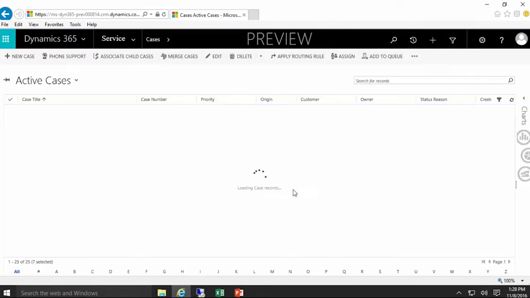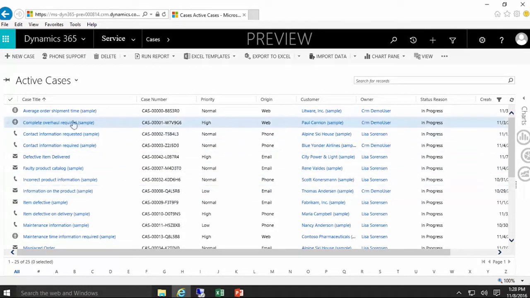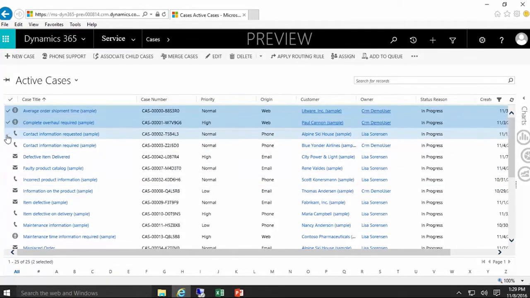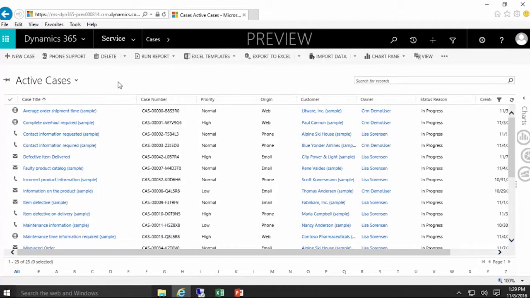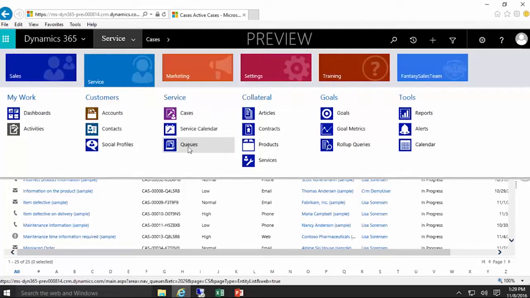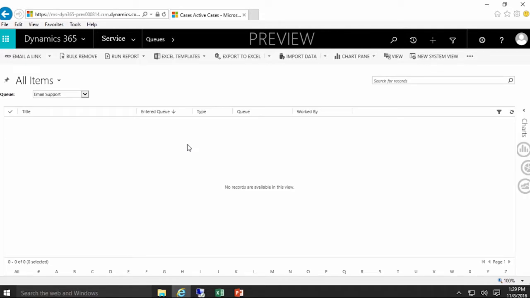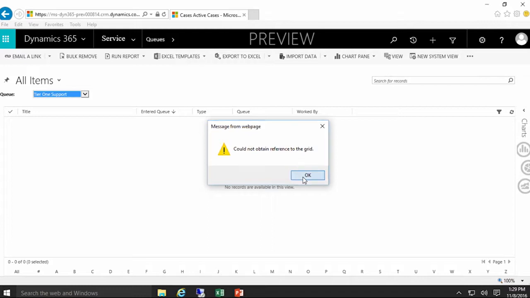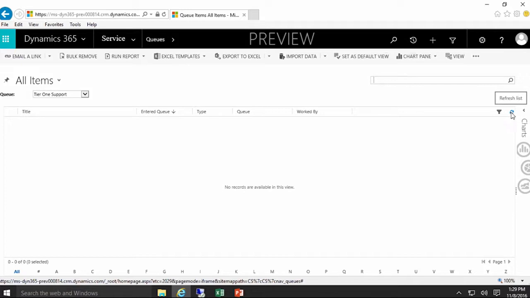The reason for being very specific about it not moving those cases is because you'll now see in my active case list, these items are still here. So it doesn't necessarily move them to a queue. What it does do, though, is create what they call queue items, and we'll discuss those in a little bit. But to show you, if I now go to my queue, in the process of actually having them set up and created within the queue,